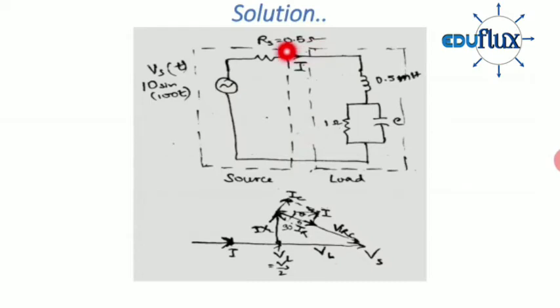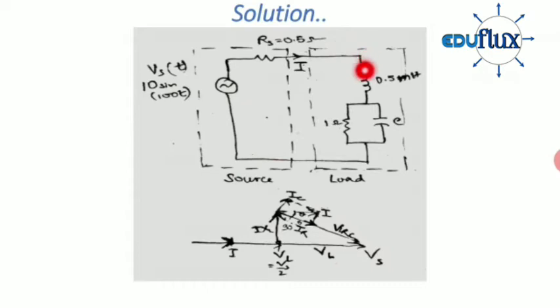The circuit given in the question is redrawn so that the phasor diagram can be drawn. Now, under the condition of maximum power transfer, the voltage will be equally distributed between the load and the source, and the current I will be flowing such that the circuit will be purely resistive and the source resistance will be equal to the load resistance. So first the supply voltage phasor is drawn, then the load voltage, which will be exactly equal to half of the supply voltage, is drawn. Current will be in phase with both these voltages.